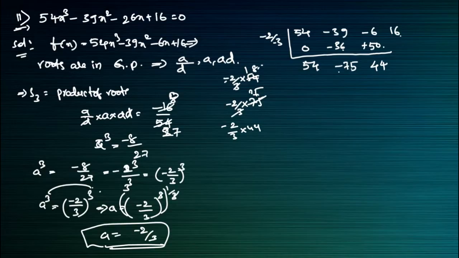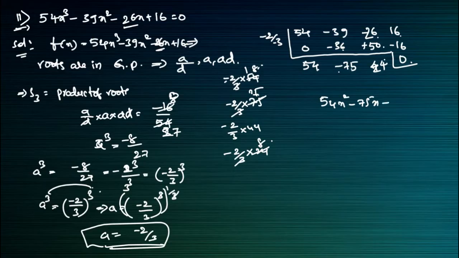So here this 26, I took wrong here, my dear students. I am sorry, it will become minus 26, 24 will come here. I am very sorry, I didn't see that. So here minus 2 by 3 into 24 actually. 2 3s are 6, 3 8s are 24, 8 2s are 16. So here minus 16 will come, it will become 0 here. Means 54x square minus 75x plus 24 is equal to 0 will come here.